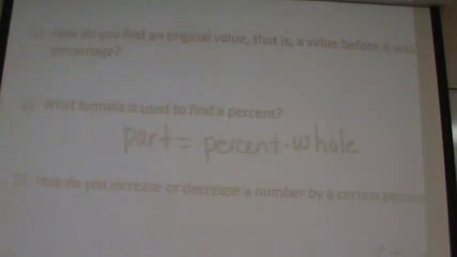It says, how do you find an original value, that is, a value before something increases or decreases by a certain percent? So for example, if something increased by 5% and you want to find out what the original number was. Here's an example. After a 5% increase, the population was 59,346. That's an example of if you want to find out what the original